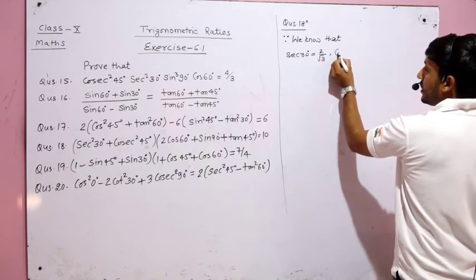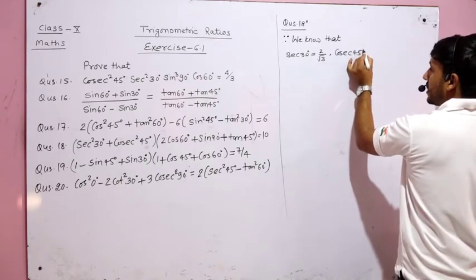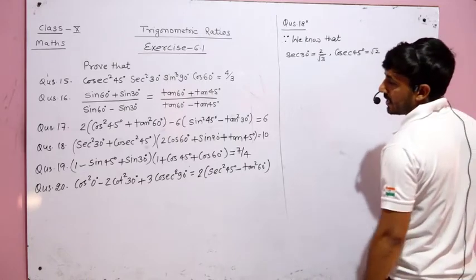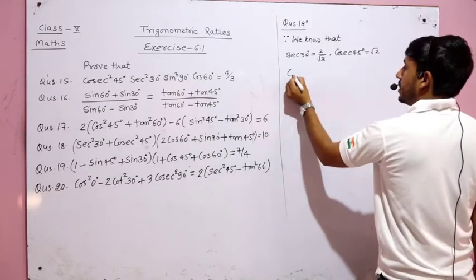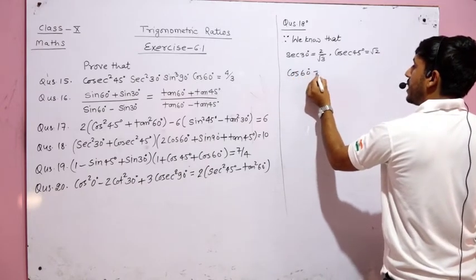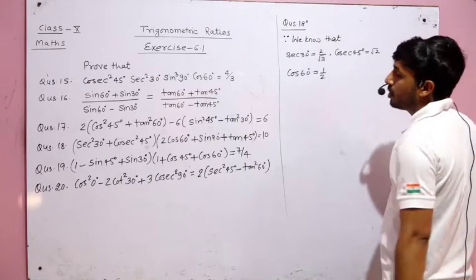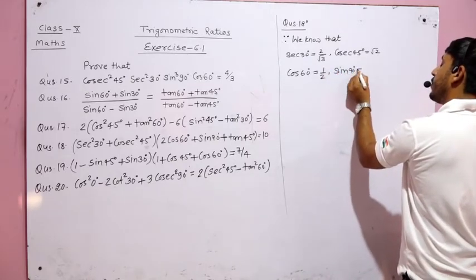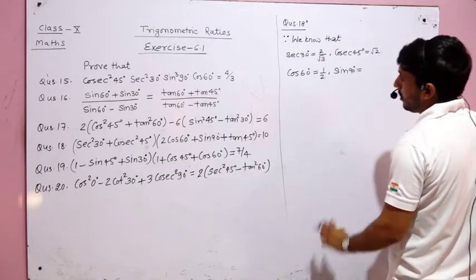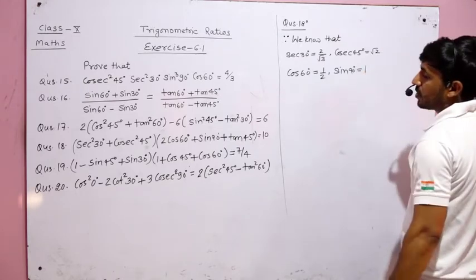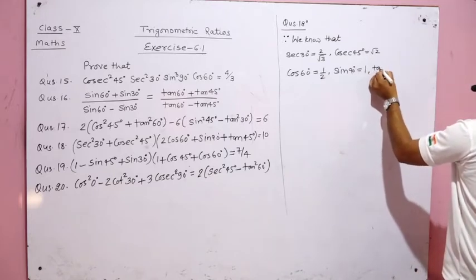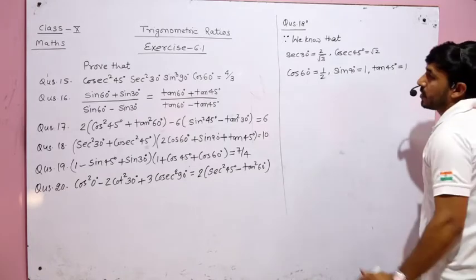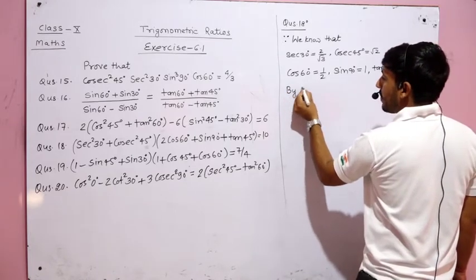In the next, we need value of cosec 45 degree, that is equal to root 2, opposite of sin 45 degree. In the next, we need cos 60 degree, and we have value of cos 60 degree is equal to 1 by 2. In the next, we need sin 90 degree. From seeing in the table, you can see value of sin 90 degree is equal to 1. In the next, we have value of tan 45 degree is equal to 1. Okay, then again in the next step, by taking